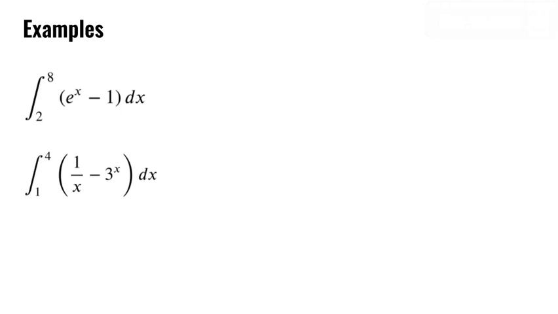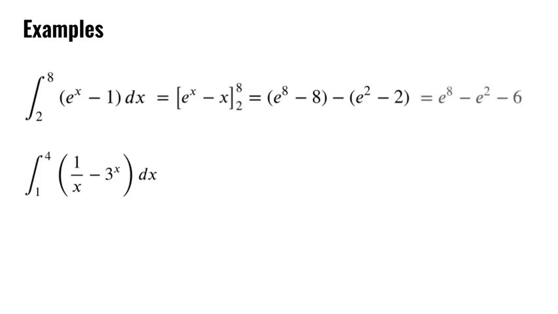Let's take a look at the answers. The antiderivatives of e to the x and negative 1 are e to the x and negative x, respectively. Evaluating the antiderivative at 8 and 2 and subtracting gives e to the 8 minus e squared minus 6 as